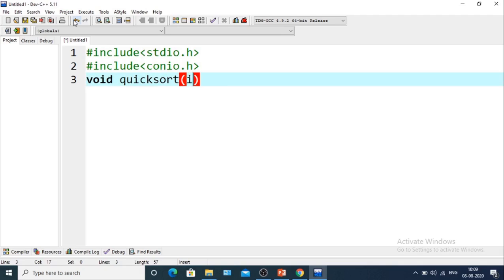So we have to pass the parameters. First we have to pass the array by which we will implement the quick sort. Next int first, for the first element, and then int last.